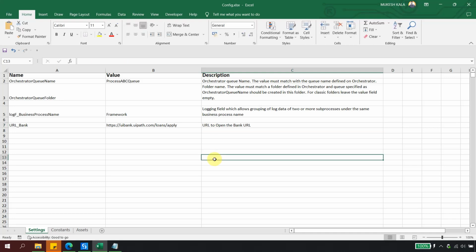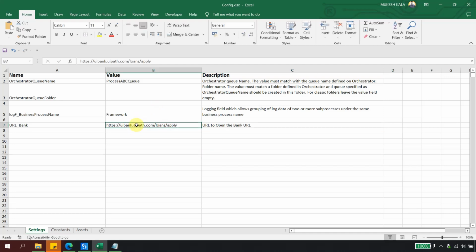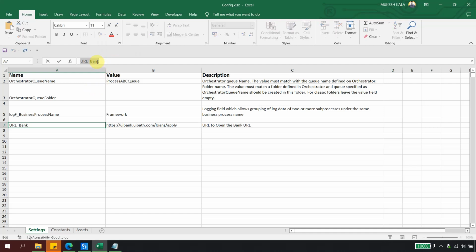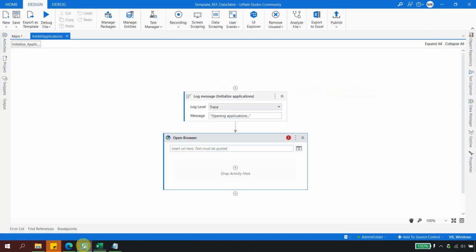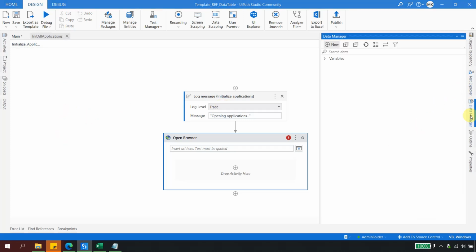What is the benefit here? Tomorrow, if this URL changes, I don't have to change my automation, right? That is the whole purpose of the config file. We'll take this key, go back to the init all application, and now you would notice that in the arguments,